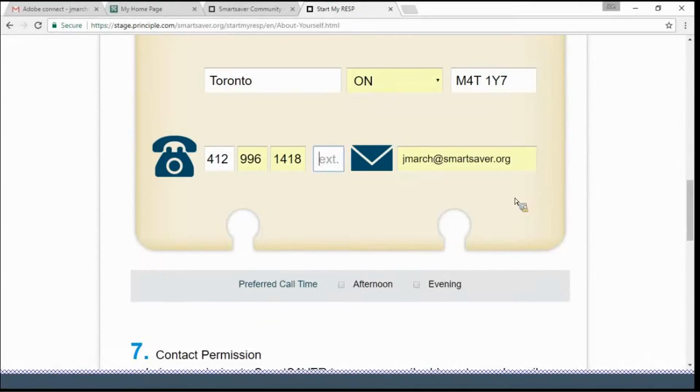It's best that it's the telephone number and email address of the applicant. Sometimes we're asked the question, what if my applicant doesn't have a phone or doesn't have an email address? Many of the caseworkers, many of the organizations that we work with, the caseworker will use the office number and the office email, but this will be the telephone number that the financial institution will use to contact the individual to make an appointment. And so arrangements would have to be made about how to make that appointment. Preferred call time,